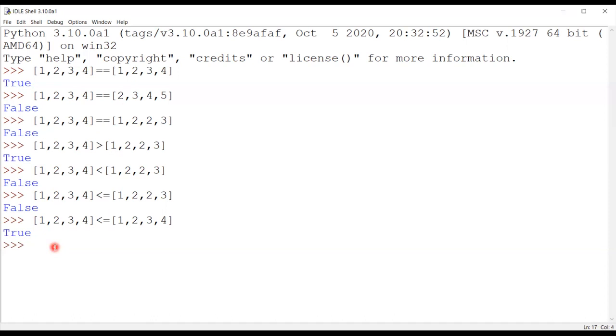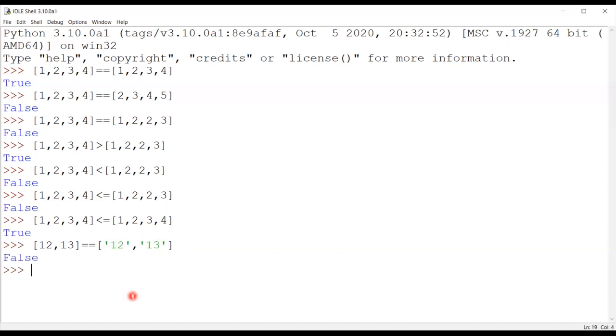Another example I want to give you: as I told you, if we have different data types in both the lists, then the comparison cannot be made. And this is true. How? Let's take an example. I'm writing 12 and 13, two elements, and now I'm going to check the equality with 12 and 13 written in the string pattern.